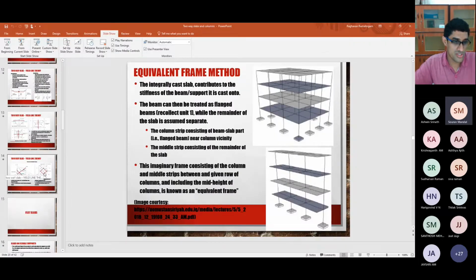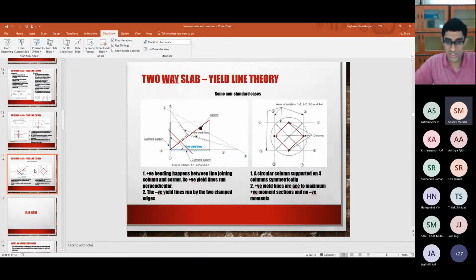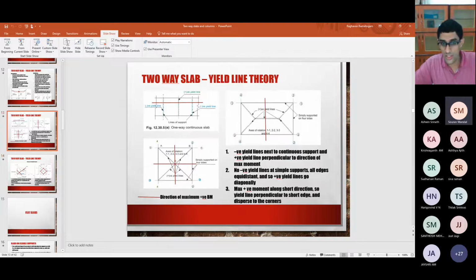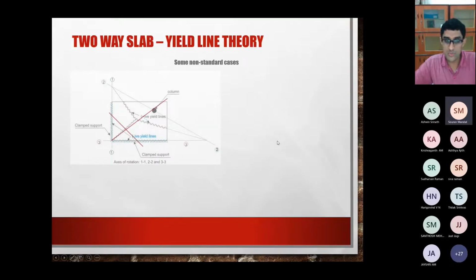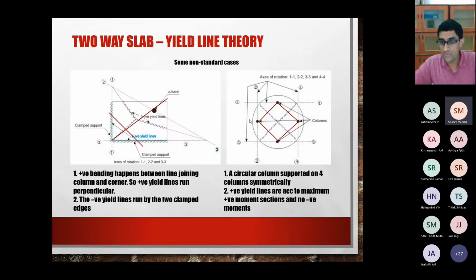One of the examples that you saw for E-line theory was this. And you look over here, this is circular, but it's very similar in idea to a flat slab. No beams, nothing, just columns. And for this circular slab supported only on columns, you are able to use E-line theory.